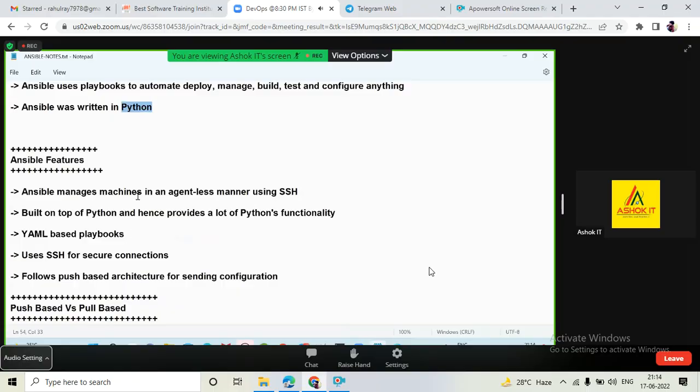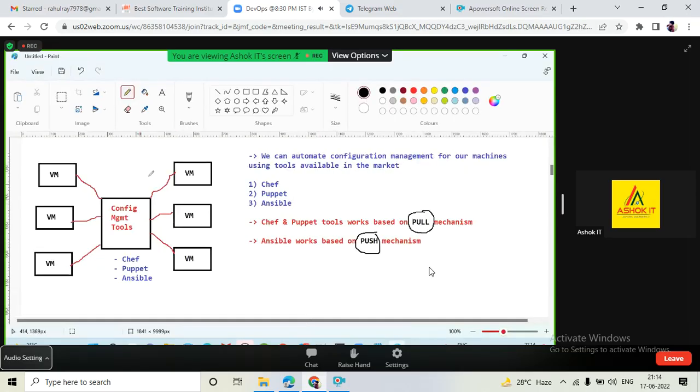Ansible manages machines in an agentless manner using SSH. You don't need to connect with the machines manually. You can connect with the machines by using SSH agent. We already discussed SSH agent in Jenkins. From one machine, I want to connect to another machine to copy the WAR file. From the Jenkins machine, I want to copy the WAR file to the Tomcat server machine. We used SSH agent. Similarly, Ansible also will work,